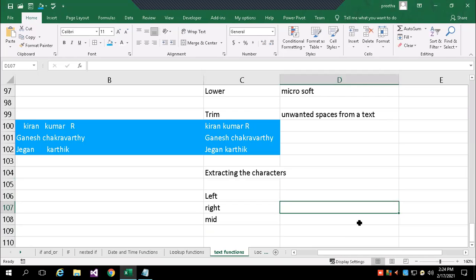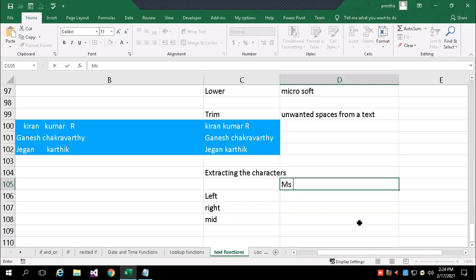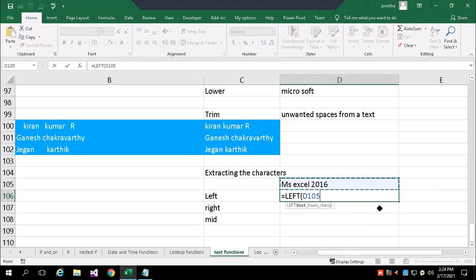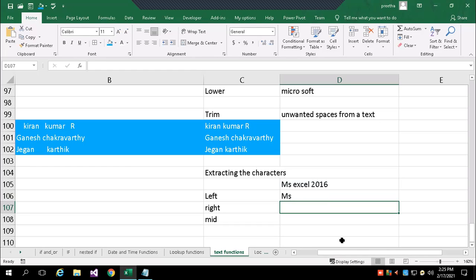Before that, I give data at the top of the cell: MS Excel 2016. Now equal to LEFT of this cell address. In this, I want the first two letters from the left side of the text. You can see now it is extracting only MS.